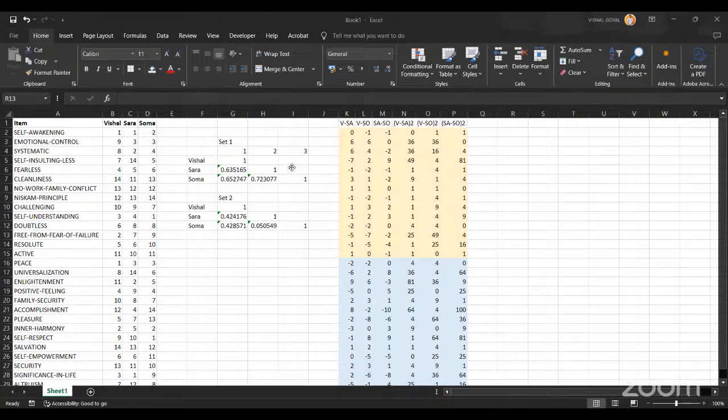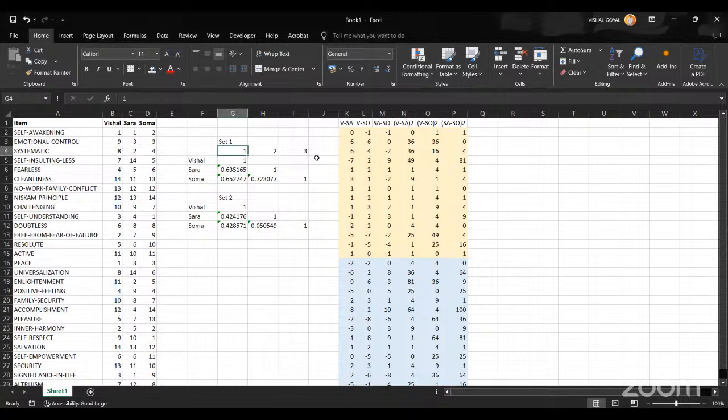Sir, I have one question. Here we have created 3 clusters, 1 to 3. 3 clusters are not possible. 3 clusters means 3 people are there, so there is no formation of a cluster. You cannot make any group. Three identities are there, so you cannot make the group. Now it is clear. Sir, I'm just confused.